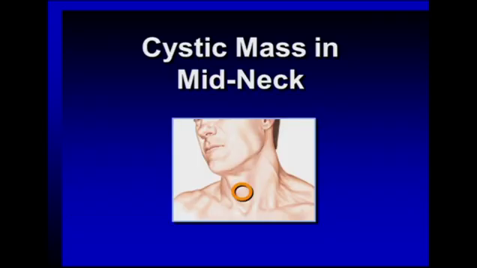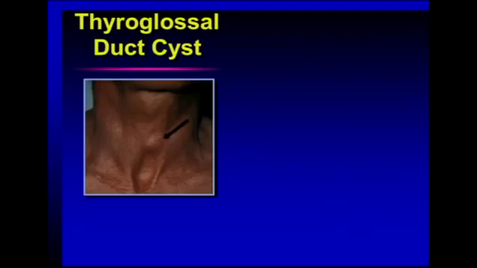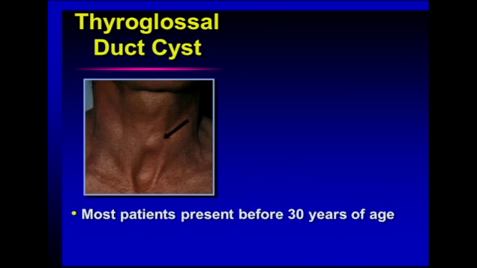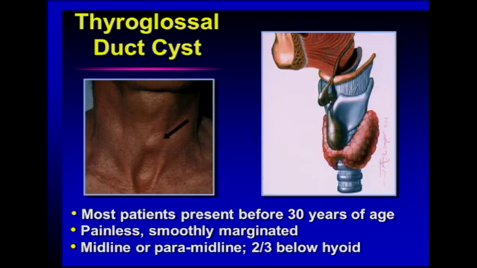A patient may also present with a cystic mass in the mid-neck. These are often thyroglossal duct cysts, very similar to branchial cleft cysts, again congenital, so most patients present before 30 years of age, also painless and smoothly marginated unless they become infected, and located in the midline or just off the midline, anywhere along the embryologic route of descent of the thyroid from the base of the tongue to the